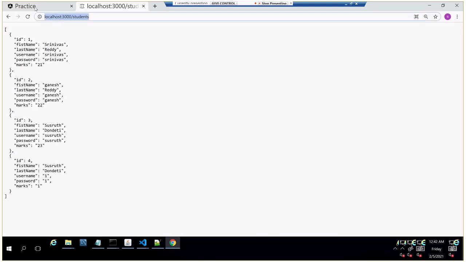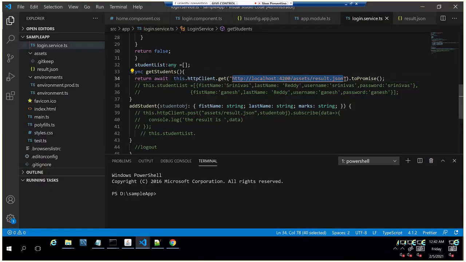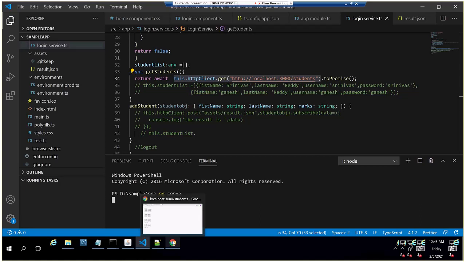I'm changing this URL. This is the get student method. It will return all the students which this URL provides. Now I'm going to start the server and access the UI, and we'll see how it behaves.